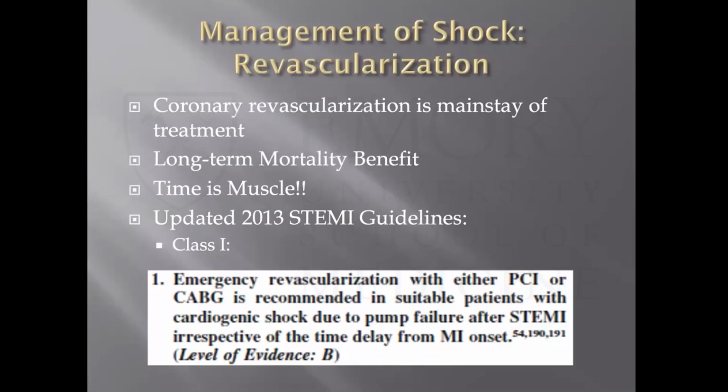Main management of shock, if the patient comes in with acute MI, they're in shock, have they been revascularized? If they haven't, that is your mainstay of benefit. That's where you're going to get your long-term mortality, and that's why we focus so much on door to balloon. There's no patient that's going to benefit more from a faster door to balloon and an appropriate revascularization than a patient post-MI and cardiogenic shock. I should say post-MI, peri-MI. And this obviously is a class 1 indication to get these patients in, get them revascularized.